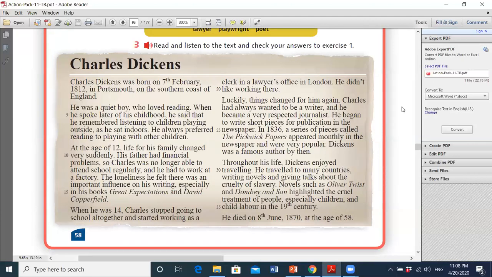So what is the meaning of childhood? It's the time when you are a child. And what does he remember about his childhood? He remembers that he used to listen to the children playing outside. He wasn't with them. He didn't go outside to play because he was a quiet boy. But he stayed indoors. Indoors means he stayed at home. He always preferred reading to playing with other children. So this explains why he didn't go outside, because he preferred or he liked to read more than to play